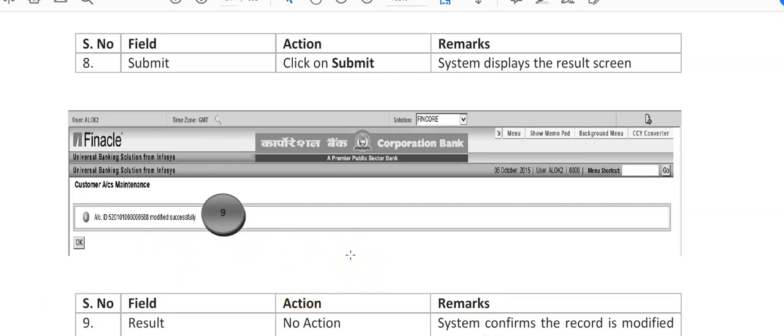So remember this: in the general tab details, change the mode of operation, then visit the related party details. The first screen shall be the same as the original account holder. Click on add on the left hand side. The same screen will appear with blank details. You have to just enter the KIF ID of the second account holder and his FATCA details. Click on submit. Now this has been modified successfully, which shall be later verified and the account will become a joint account.